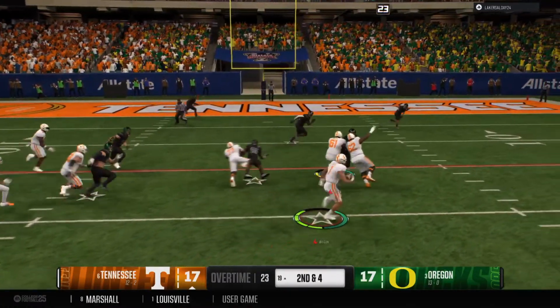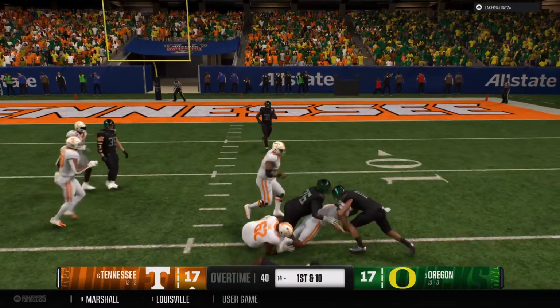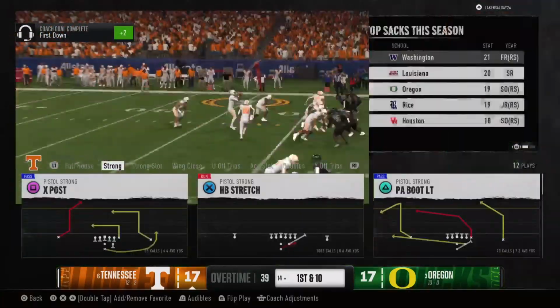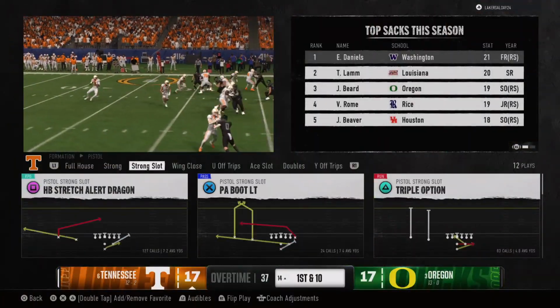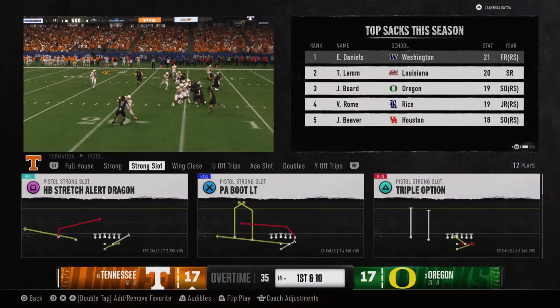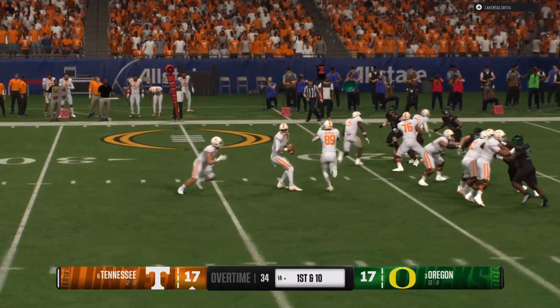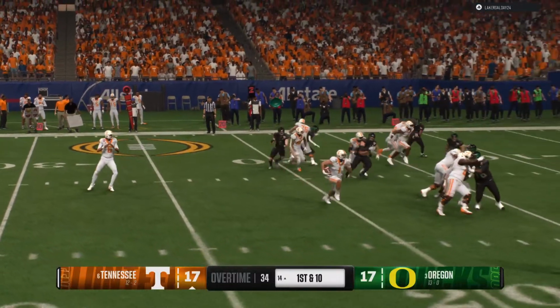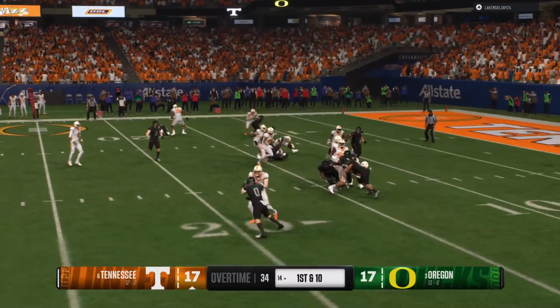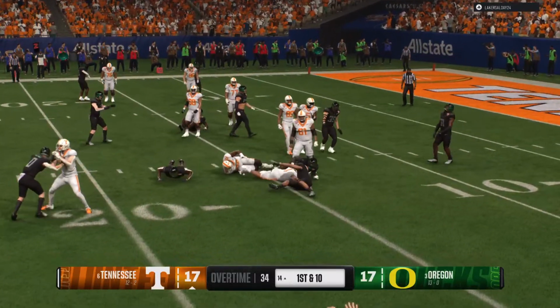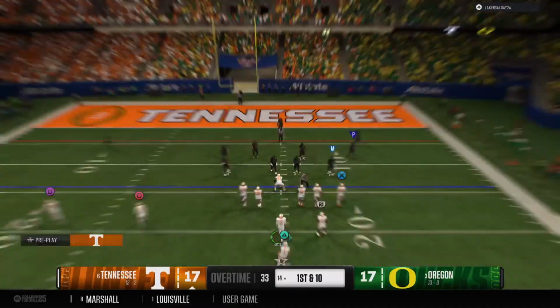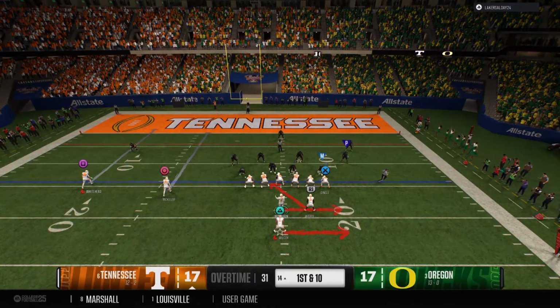Give it to the back again. The Volunteers moving quickly down the field here. Look, I realize on any play call, when it's properly executed, it can go to the house for a touchdown. But the runs that really make a game plan work are the ones where you get just what you need. And he barely got the first down, but he got it. Fresh set of downs. It's 1st and 10.